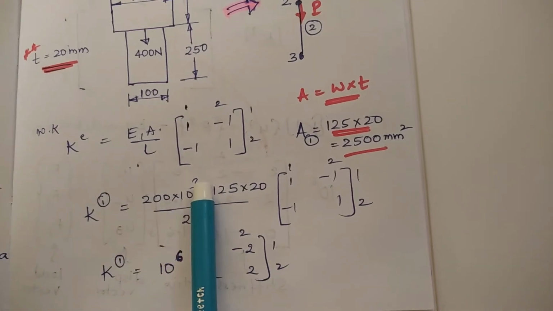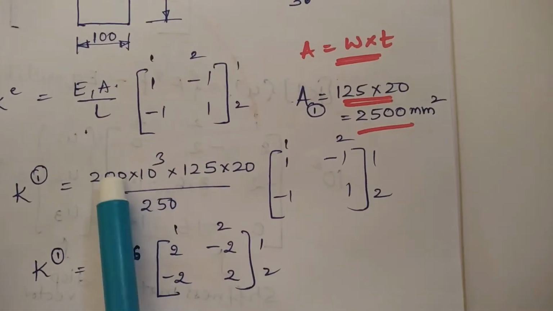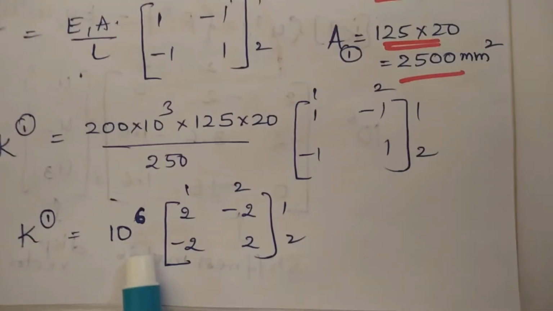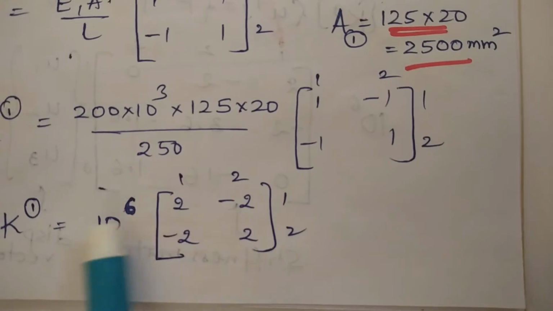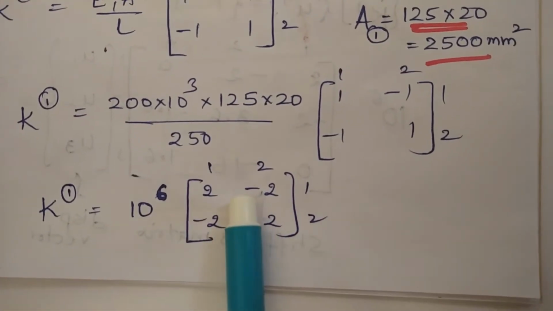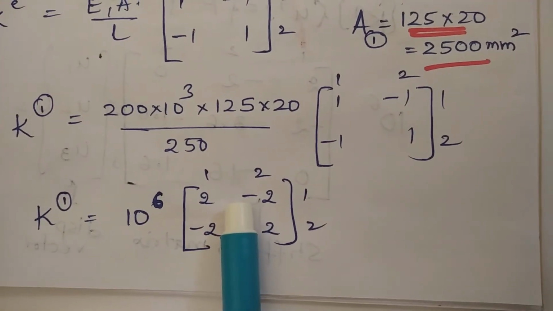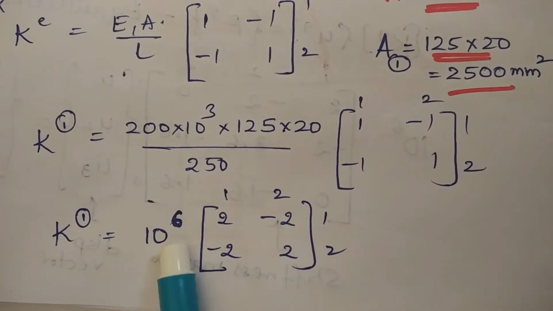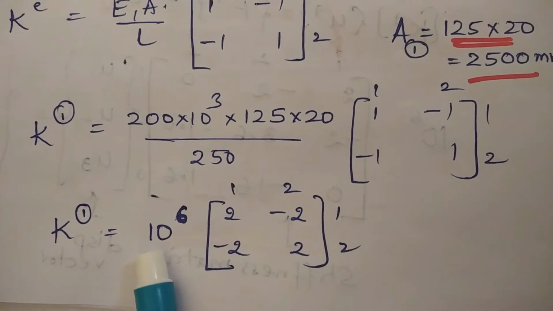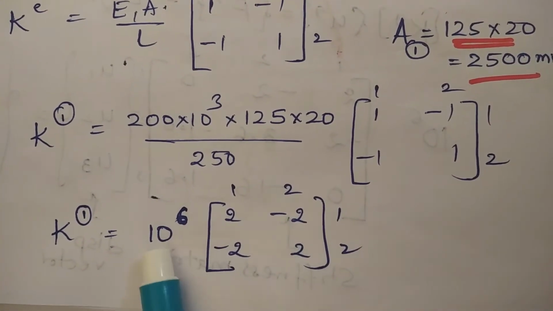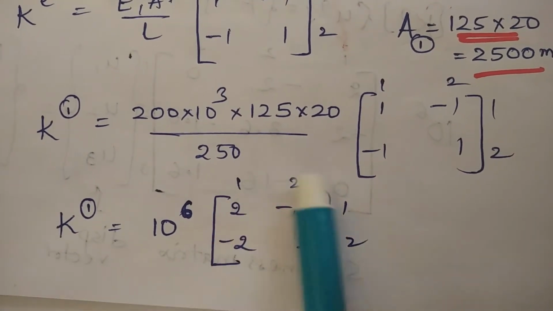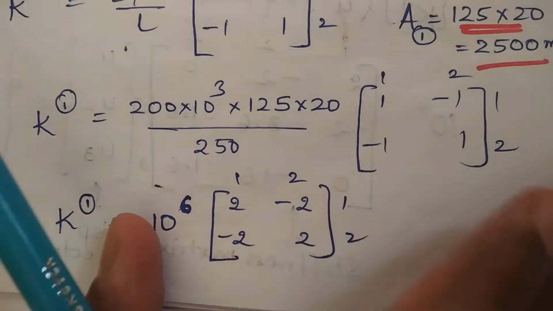So you solve for element number 1 by simplifying the EA by L values. You get this value, put it in the matrix form, and take the common factor out. This is left to the individual. You can take the exponential factor into the matrix or away from the matrix. Make sure you consider it till the last step. Never ever skip this value if you have taken it as a common factor outside the matrix. Students commit mistakes here. The connectivity is mentioned here.